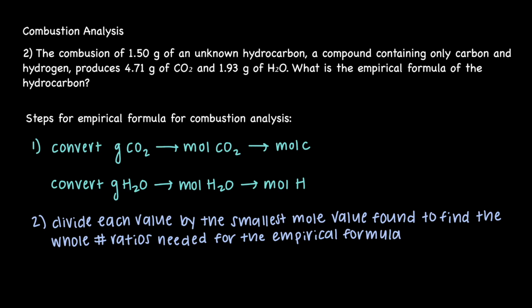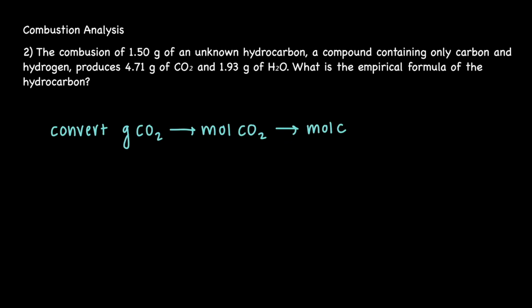Next, we will divide each value by the smallest mole value found to find the whole number ratios needed for the empirical formula. Let's start with our steps to find the empirical formula from the grams of CO2 and the grams of H2O given. To convert grams of CO2 to moles of carbon, we will use the molar mass to first convert to moles of CO2, and then we will use a mole ratio to convert from moles of CO2